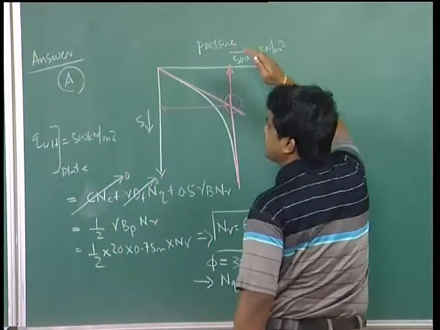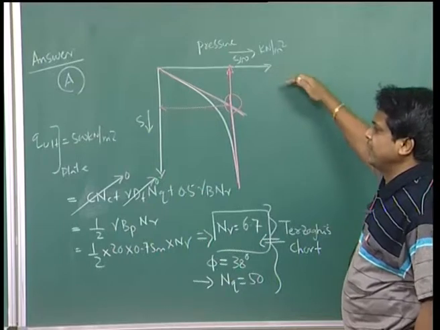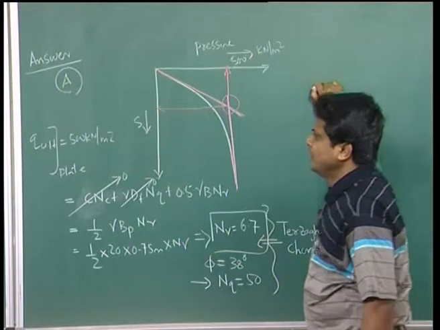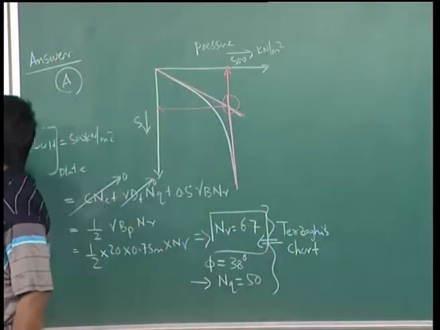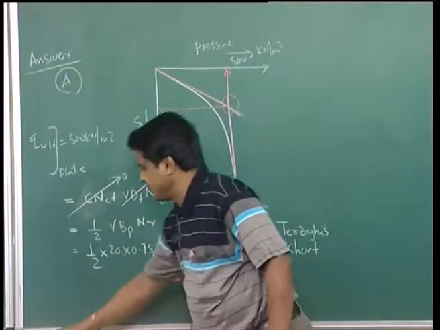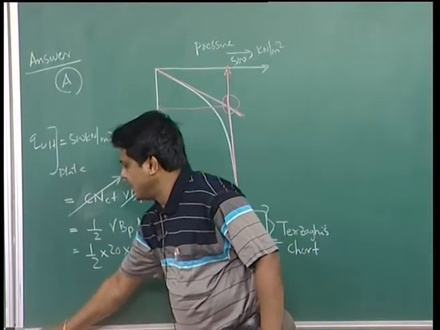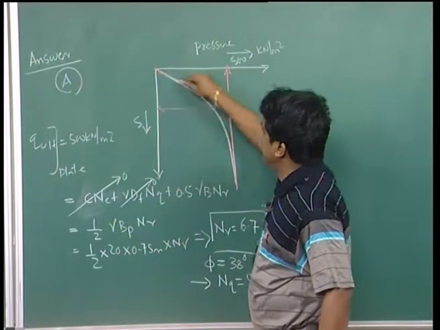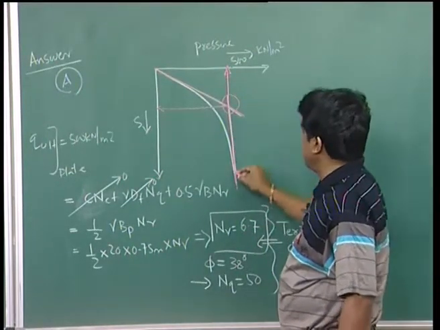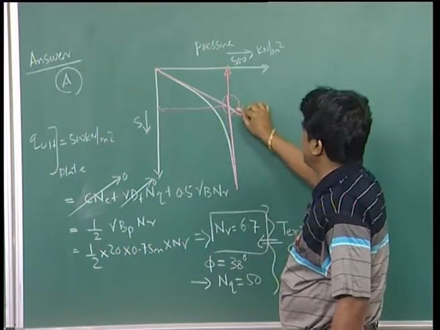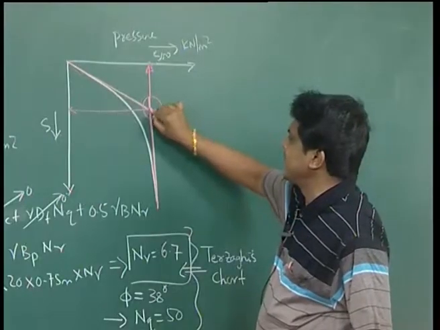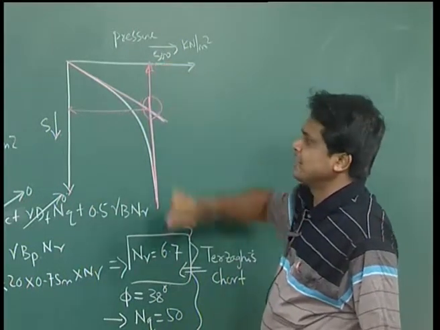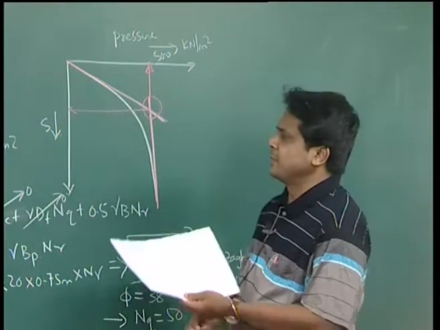Now, this is part 1. Plot the pressure settlement diagram and find the failure surface. With the help of the given data, pressure and settlement, the pressure settlement diagram has been drawn. The initial part is linear, so one tangent has been drawn, and the end part is asymptotic, so another tangent has been drawn. With this intersection point, this is taken as the failure point. The corresponding pressure at that intersection point is taken as the failure pressure, and the settlement as the failure settlement.